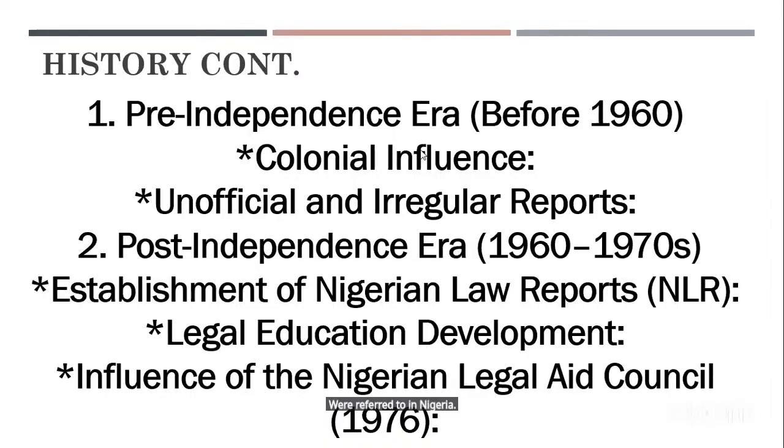So there was little to no formal case reporting of Nigerian court decisions. But you can be rest assured that all of those cases that were being cited or picked from the decisions of courts in England and also in some West African colonies became part of what was deployed in the country,